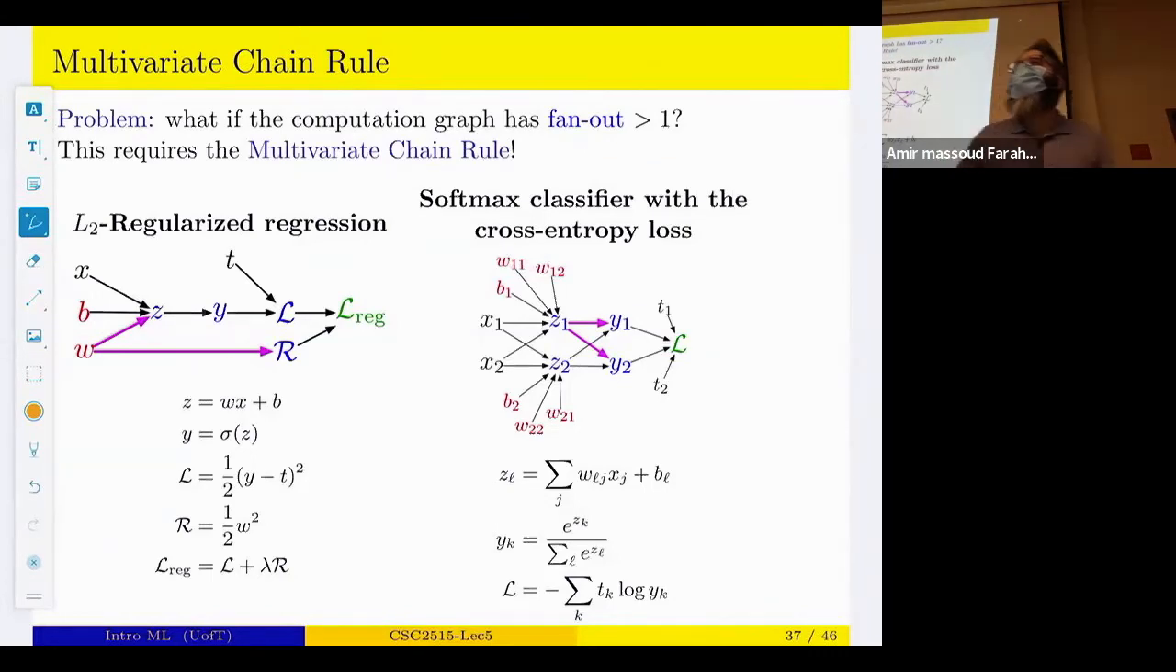Yes, I have one quick question. Would these all be evaluated at the current operating point? Yes. The question is whether these gradients, these derivatives, are evaluated at the current operating point. And the answer is yes. So, for example,